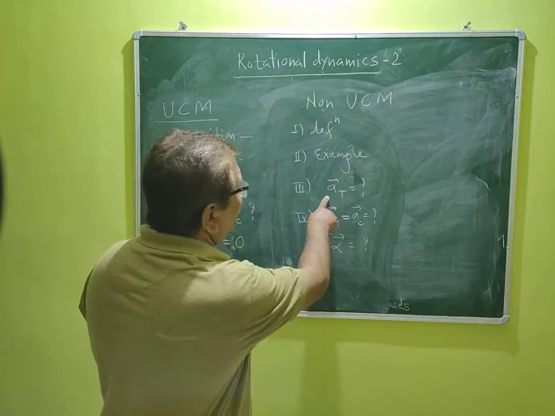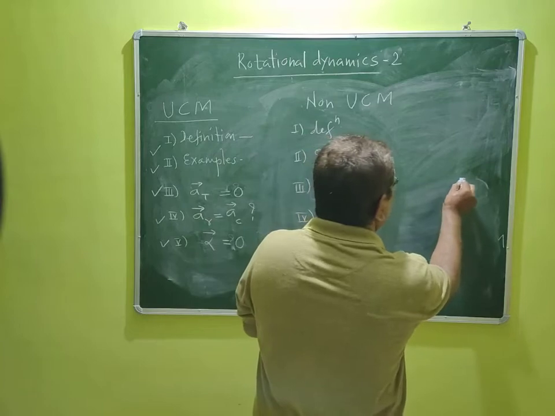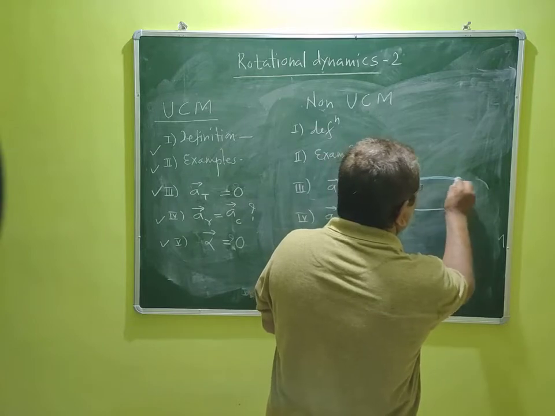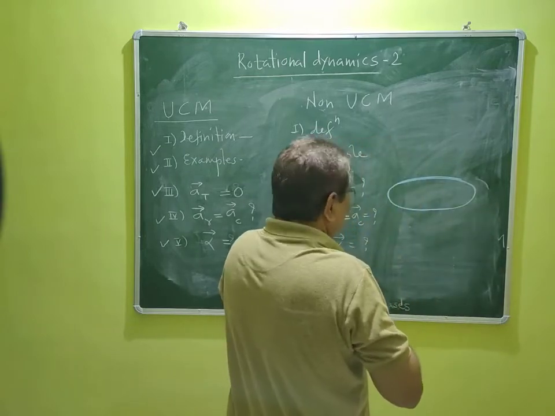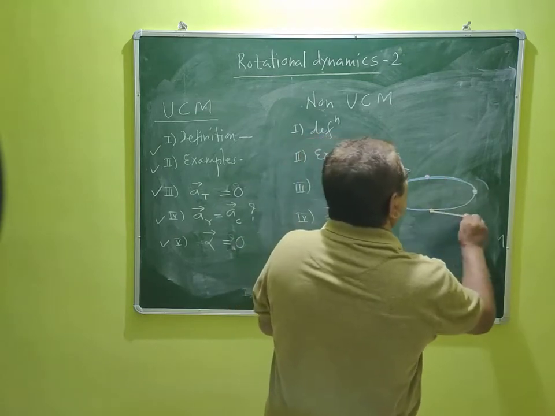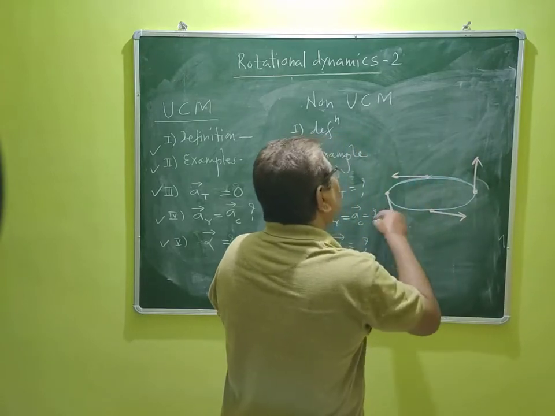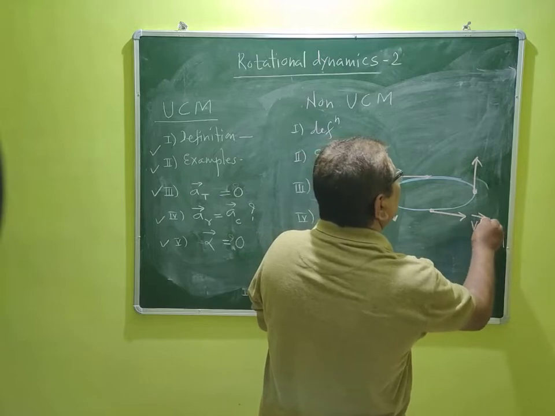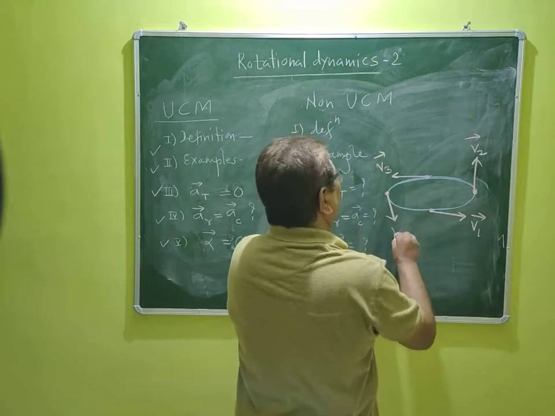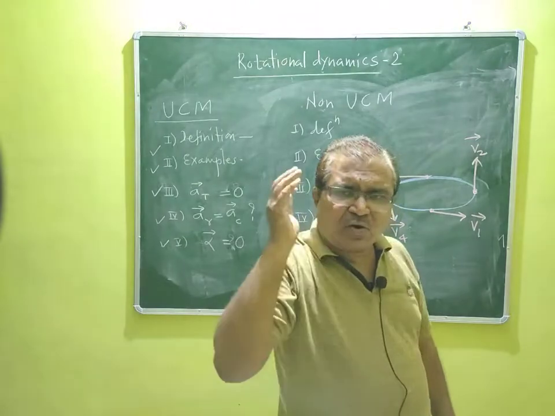Then now we have to learn tangential acceleration. For that purpose, we will draw the diagram again. See here. The diagram is like this. Suppose this is the tangential velocity like this. These are the tangential velocities. By drawing a tangent like this, this is v1 vector, this is v2 vector, this is v3 vector, this is v4 vector. Okay, so recall our knowledge.